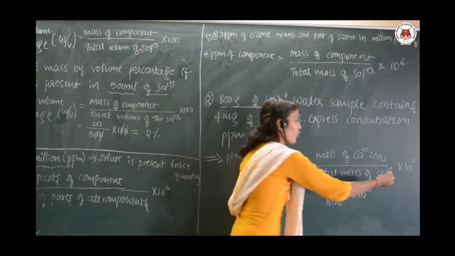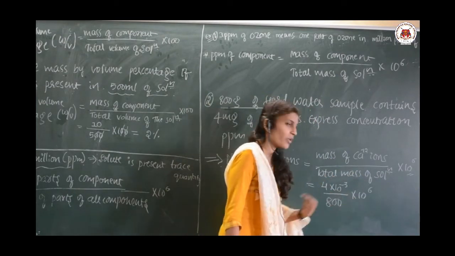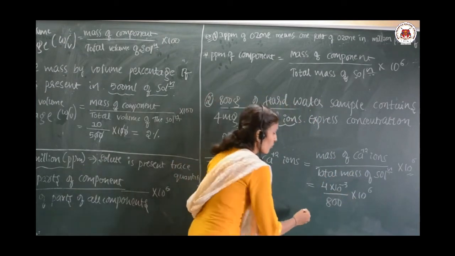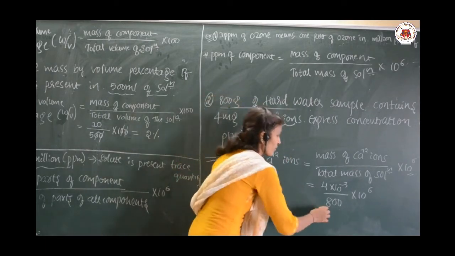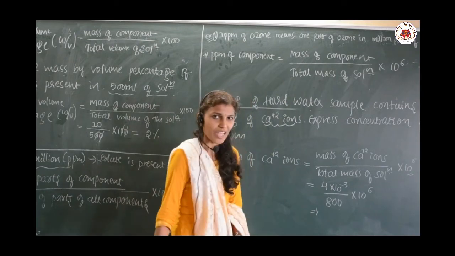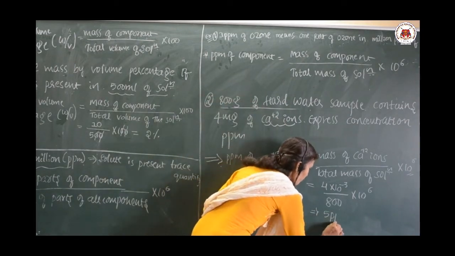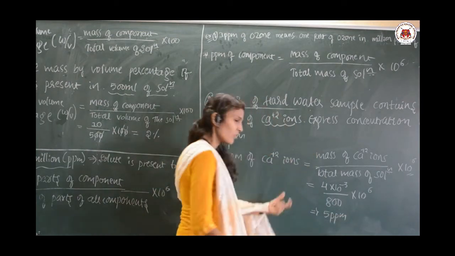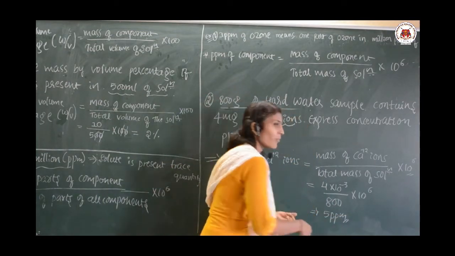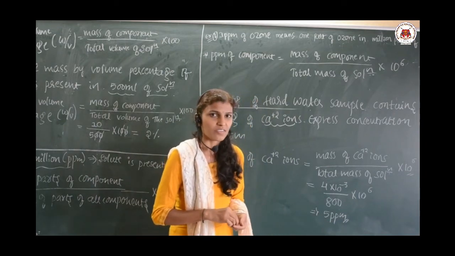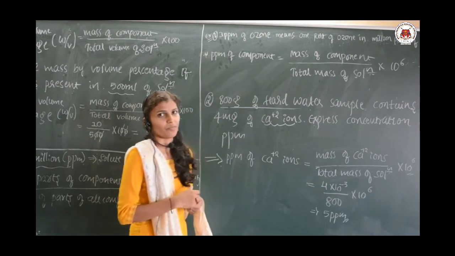and as in the formula ppm is there, million, 10 to the power 6, that term is used. So if you go on with the calculation by substituting all these values, you are going to get the answer as 5 ppm. Just solve for this, you are going to get 5 ppm as your answer. Okay, next we will go for the next term.